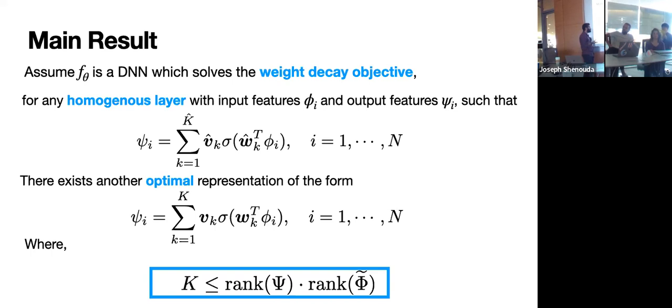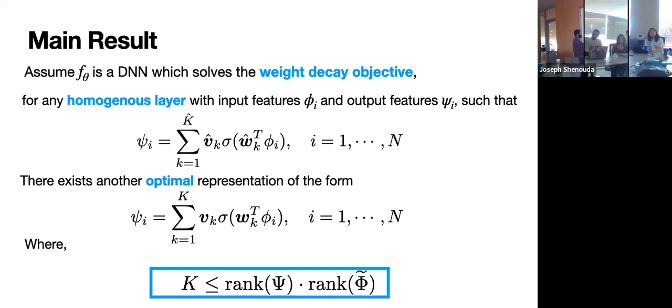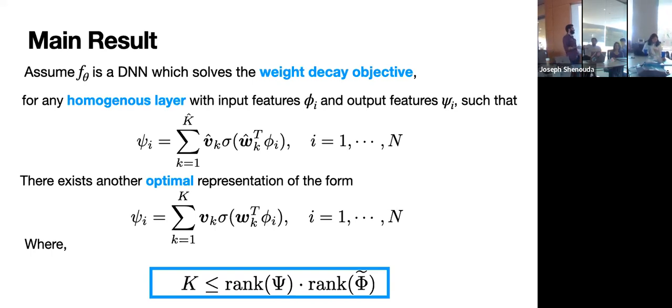And another interesting thing is that this K really depends on the data you have initially and the type of representation you learn. So if you learn a very good, low dimensional representation, you'll get away with fewer neurons at the end of the day. And this bound is much smaller than the tightest bound that we knew of at the time. There was this paper from Decay who said that you needed n squared, which is essentially the thing that we said earlier. And this is oftentimes much smaller than that. And it explains a lot of the cases where we see that you can do really well with neural networks with way less than n times d.